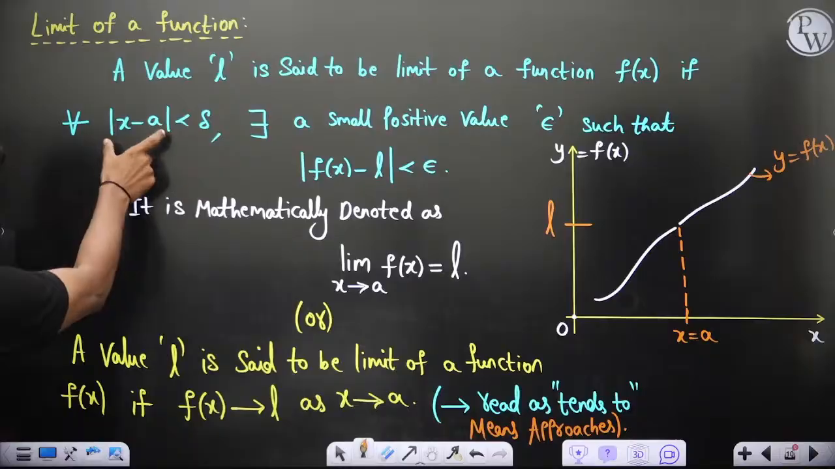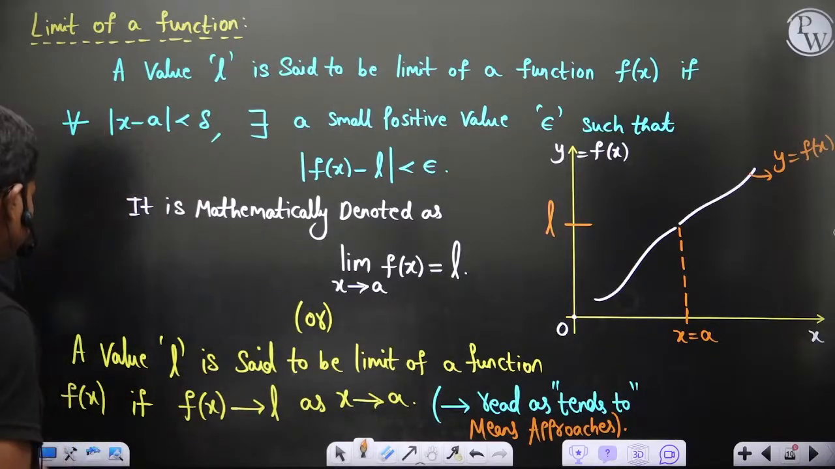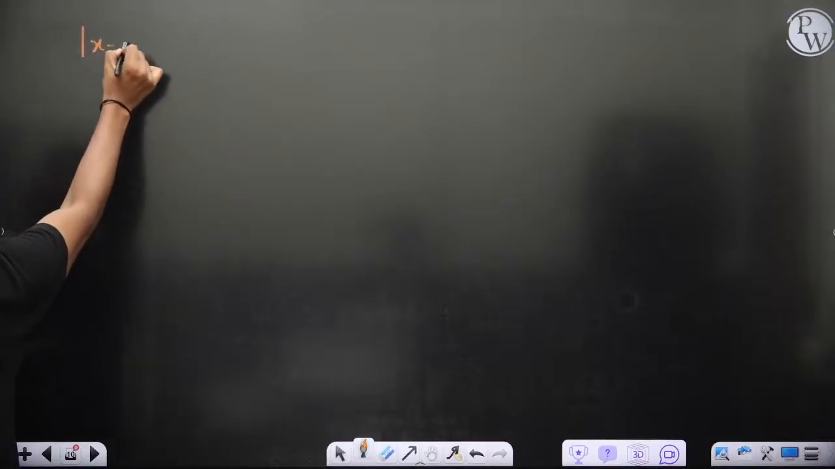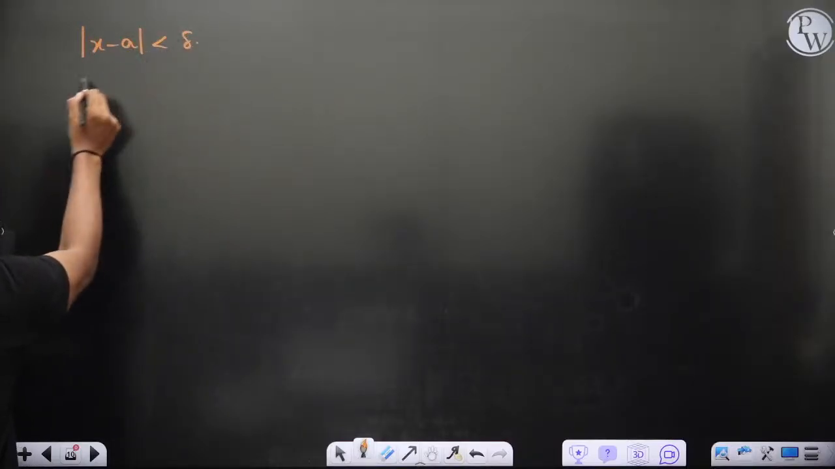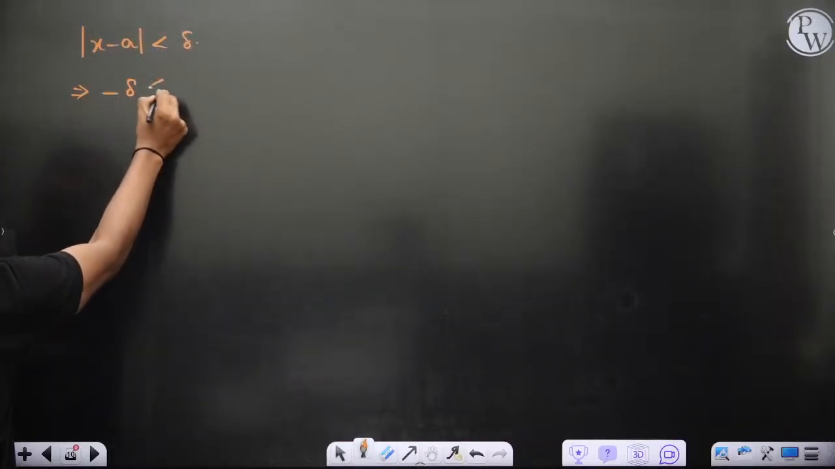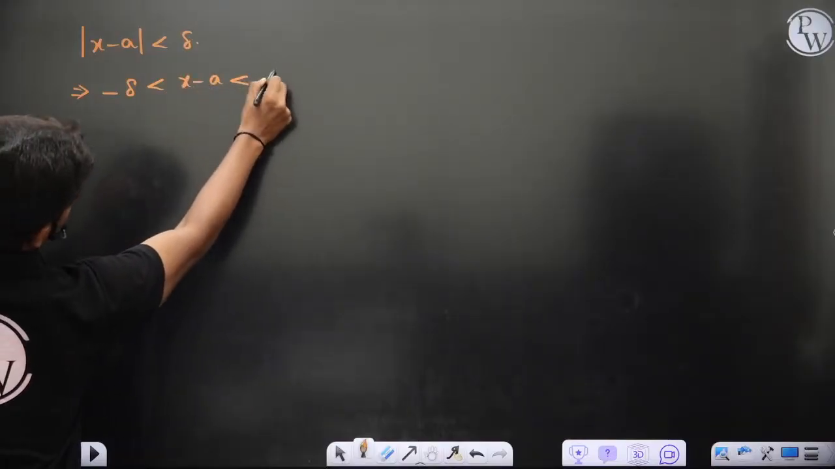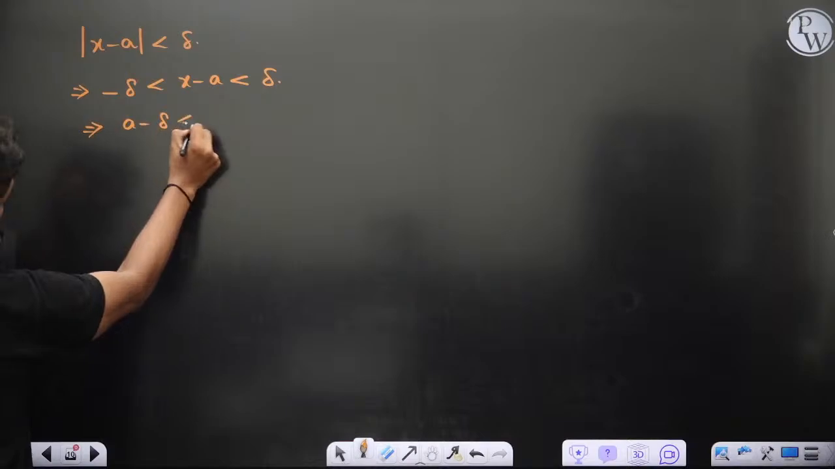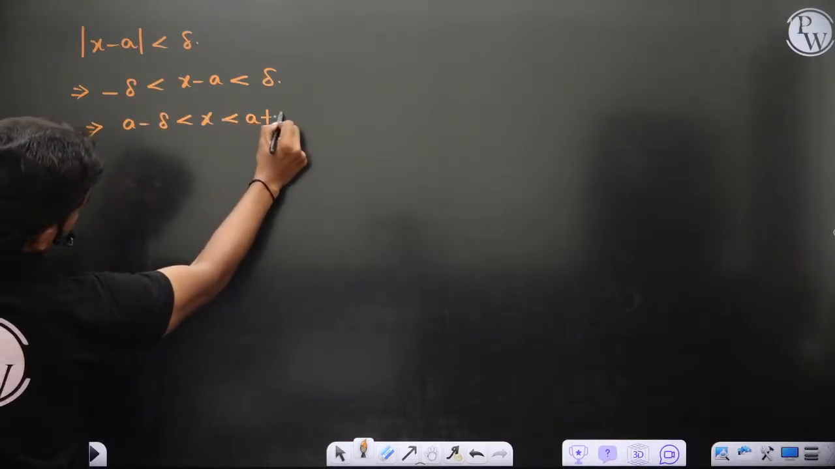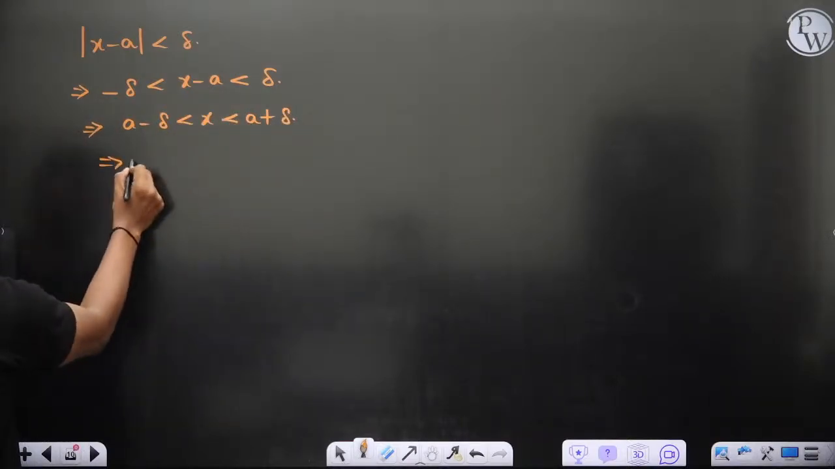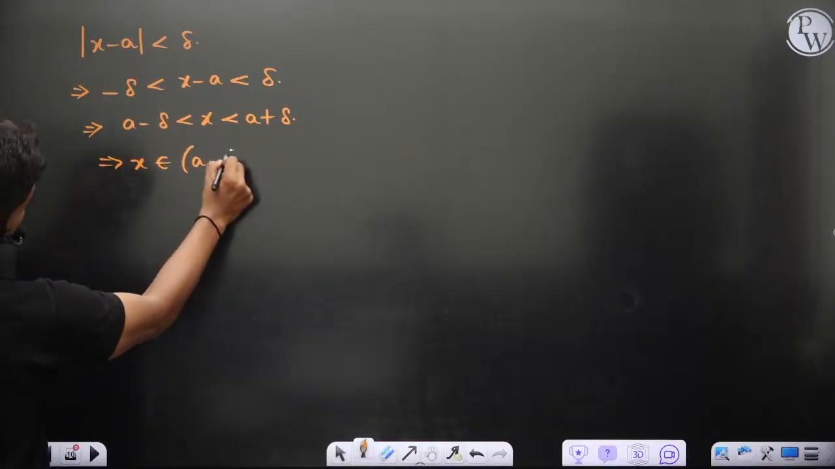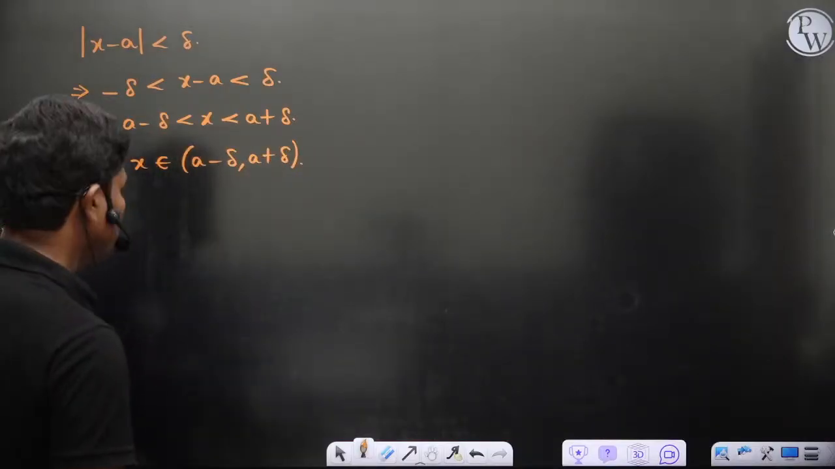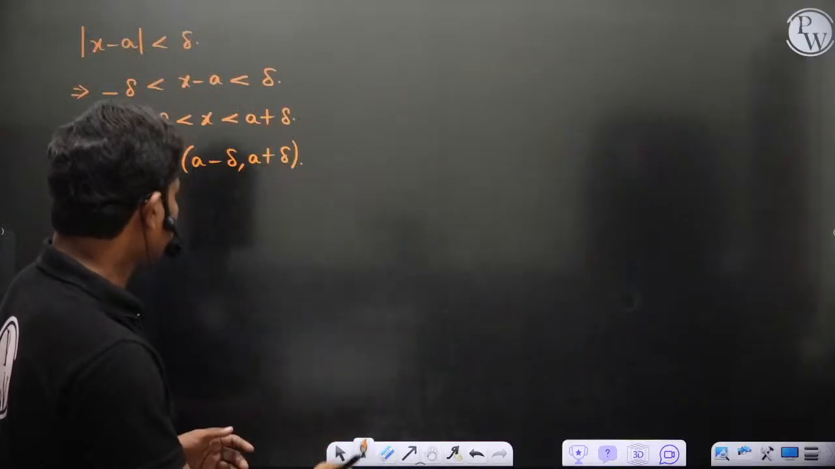Mod x minus a less than delta. If you have studied inequalities, this actually tells you minus delta less than x minus a less than delta, of course. So this tells you a minus delta less than x less than a plus delta. So this ultimately tells you x belongs to the interval a minus delta comma a plus delta. This is what it tells you, which means if you choose an interval such that